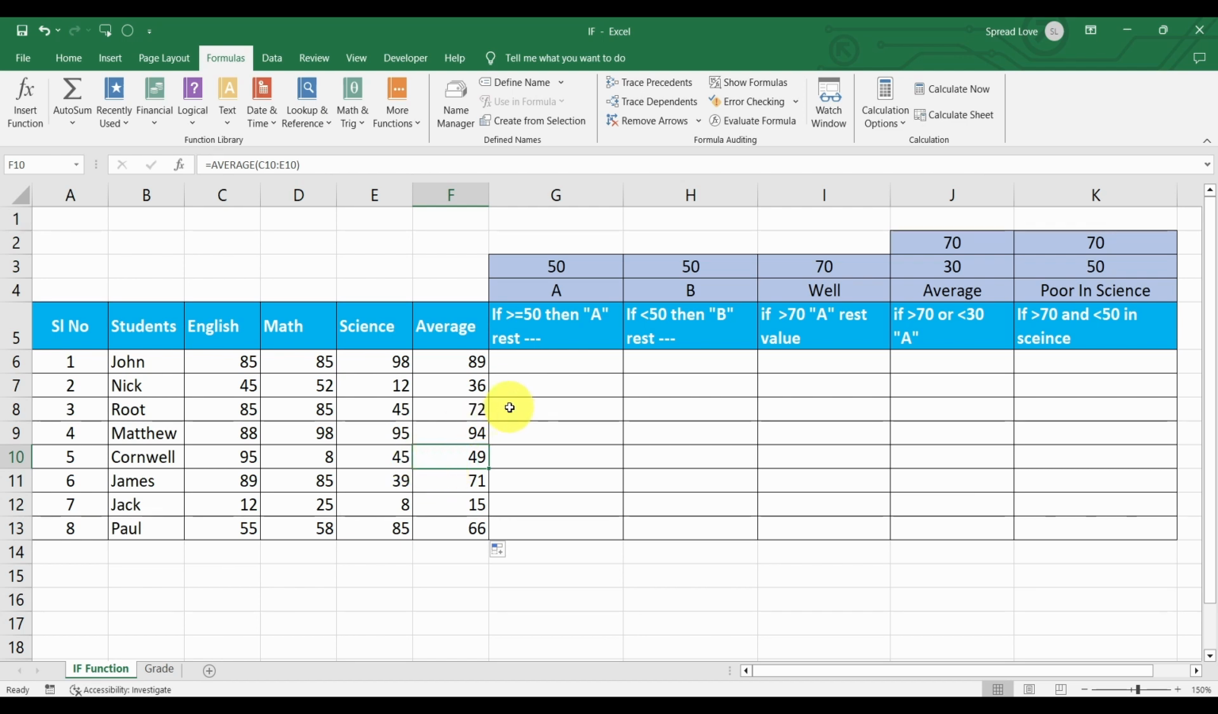So what is our first query here? If the average is greater than or equal to 50, then grade A. If this average is greater than 50, then we want to give them an A grade, and if not, then we want to show them as blank, meaning dash dash dash. So let's type the function here. If, sorry,